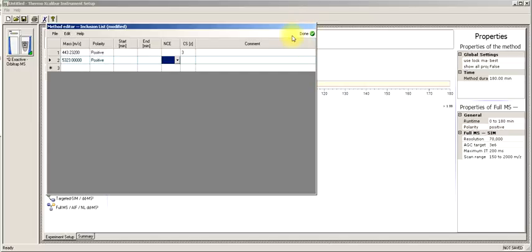Unlike in the case of the hybrid instruments, where you have an option of fragmenting the most intense ions if none are found in your inclusion list, this feature is not actually present in the Q Exactive at this point in time. It's take it or leave it. It's either fragment everything that is on your inclusion list, or do a general discovery experiment. There is no way of saying, if I didn't see anything on my list, go ahead and fragment the 10 most intense ions. The only way of working around that is if, say, you knew that this ion was going